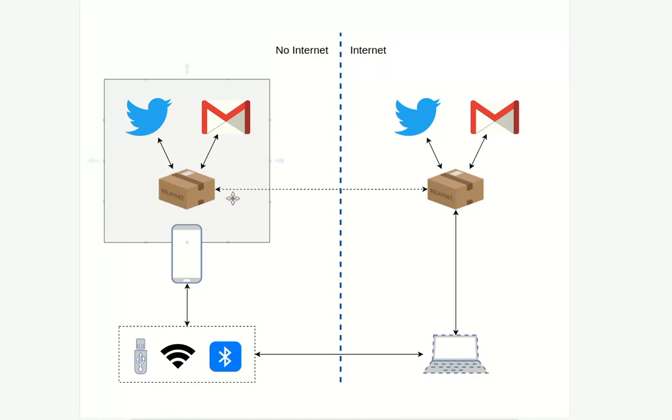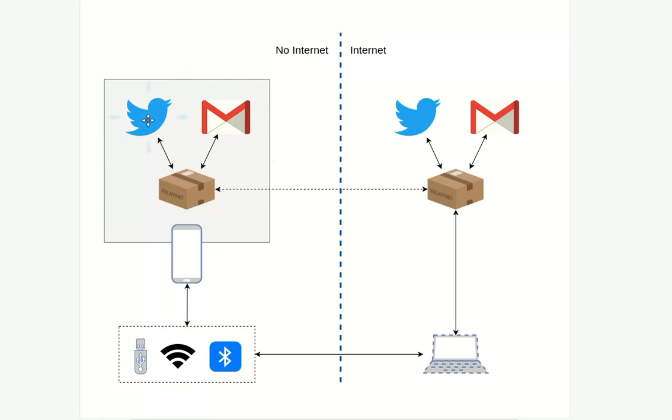So what will happen, and for the purpose of this video, let's assume that Twitter and Gmail support Relaynet. That could be either because Twitter and Google added support for Relaynet, or a third party did. Either way, they support Relaynet. Now, what happens if we consider that you're using your phone to connect to the internet when it's unavailable is